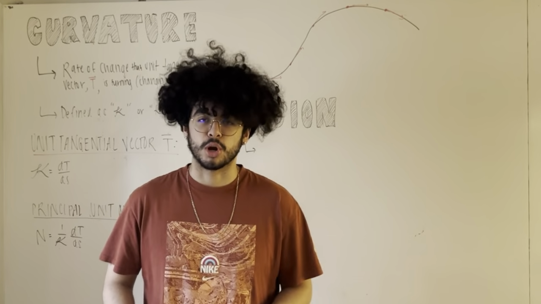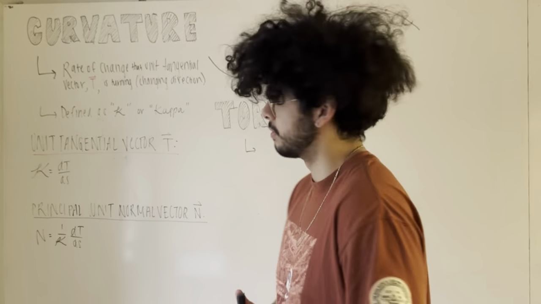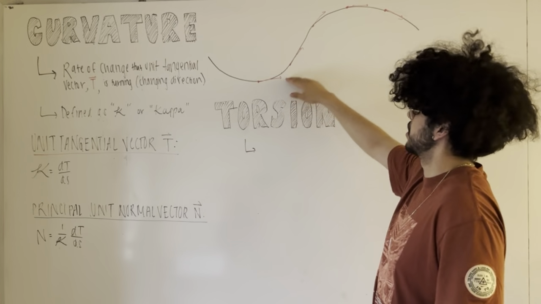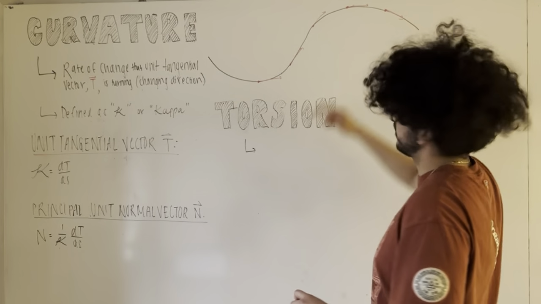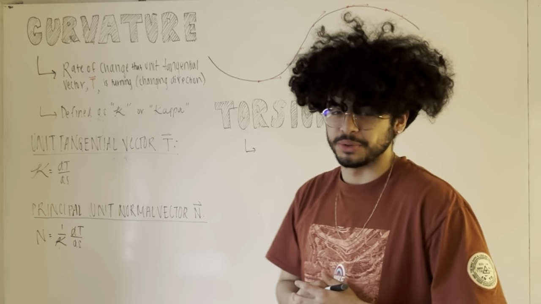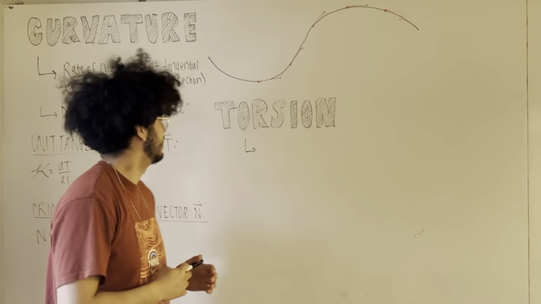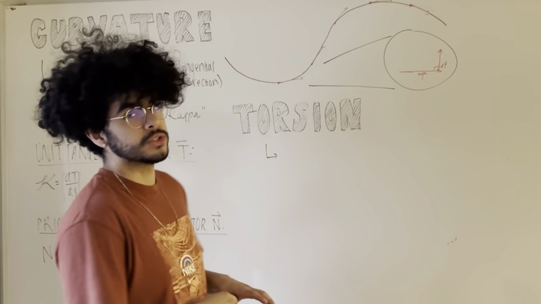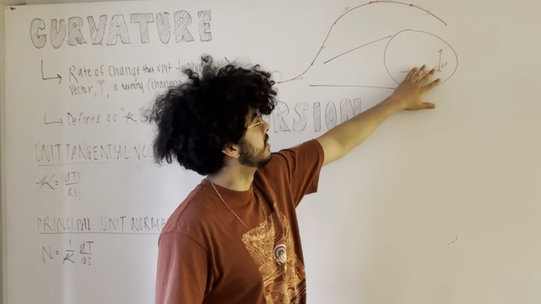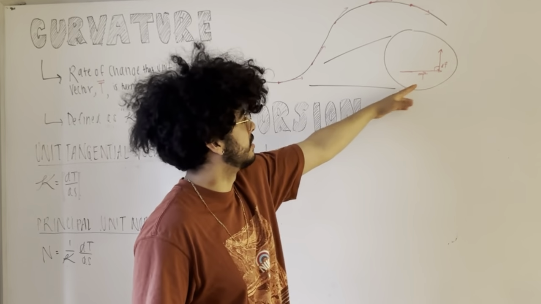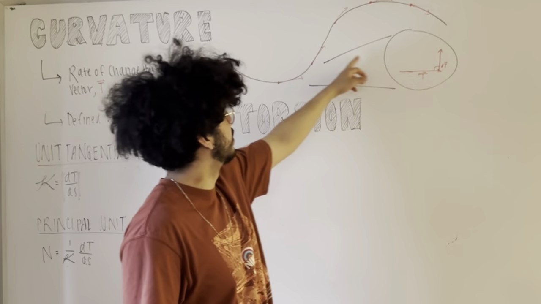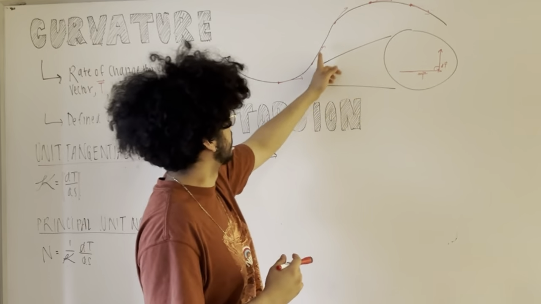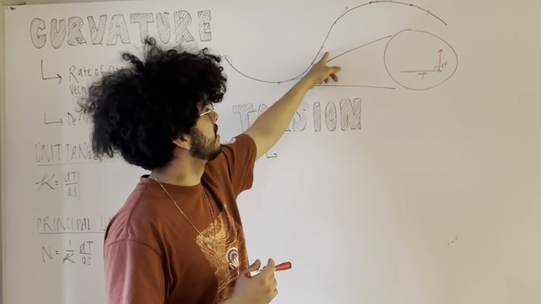Yeah, you're correct. Curvature deals with the rate of change of the unit tangent vector along the curve. The rate at which this changes direction is called curvature, and we define it using the variable kappa or K. So essentially what we're concerned with is just how big this dT is right here, because the bigger the dT, the greater the curvature, because if you add these two vectors together, you'll get something steeper like this